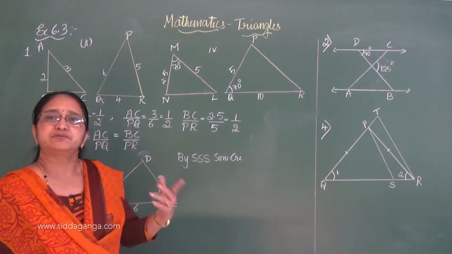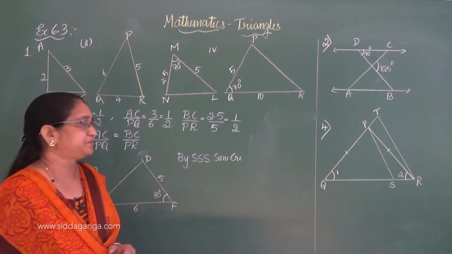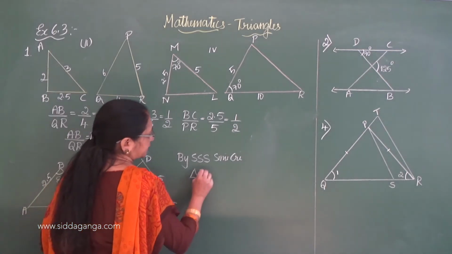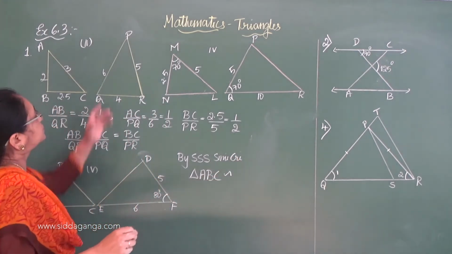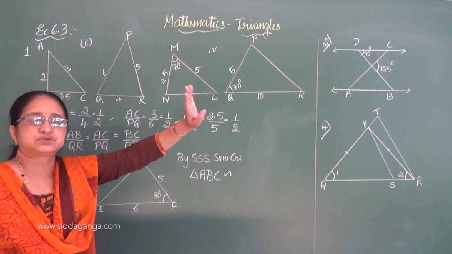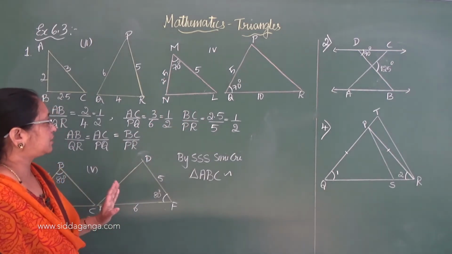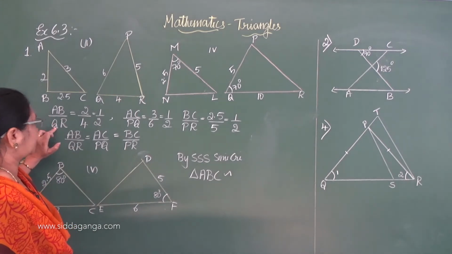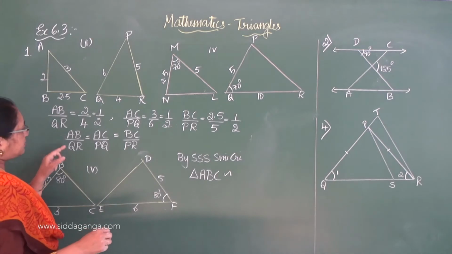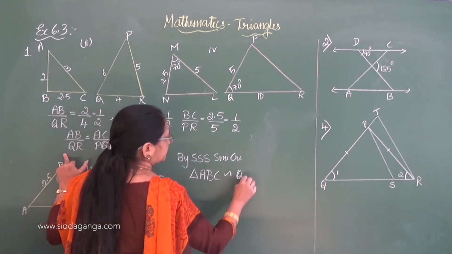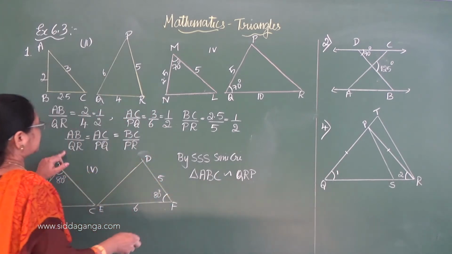Then the third part, what they have given, you have to write it in the symbolic form. So what you have to do? Triangle ABC is similar to triangle. So you can't write PQR. So alphabetical order it cannot be. Sometimes you have to check how it is. So AB by QR. So here you should check this and then write AB by QR. So definitely it will be QRP. Just after writing this, once again you check whether it is correct.